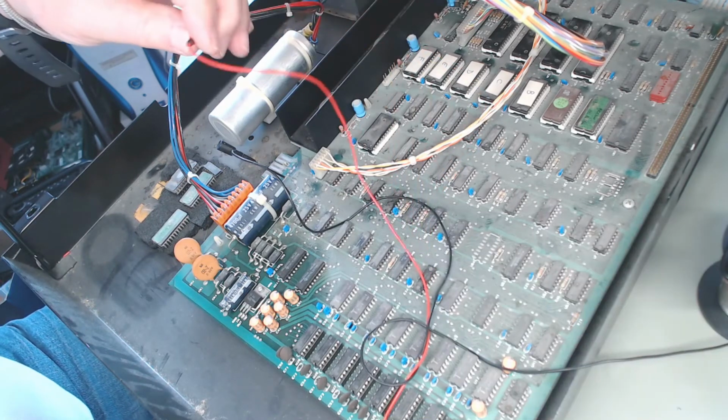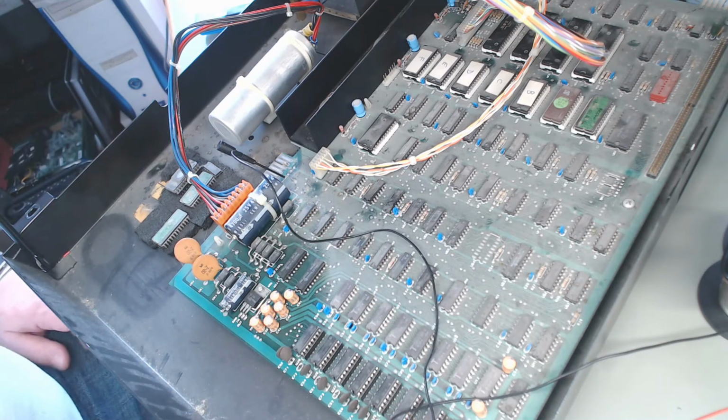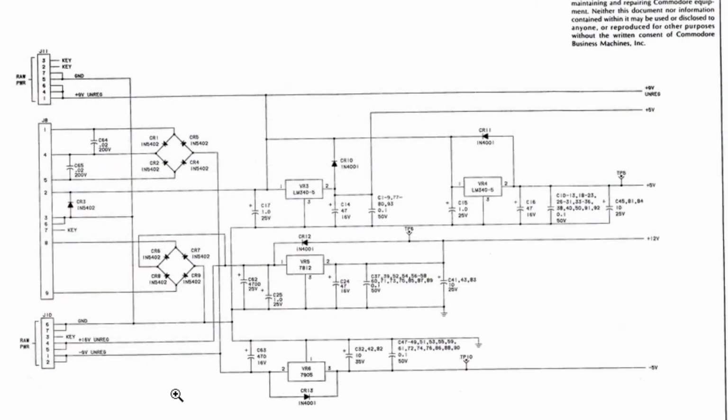Well, unfortunately, that's the supplies are all okay. This is the power supply diagram. We have one mains winding coming in on 1 and 5. The second mains winding is coming in on 8 and 9. And there is a very large smoothing capacitor, and it is basically connected between 4, this point here, and